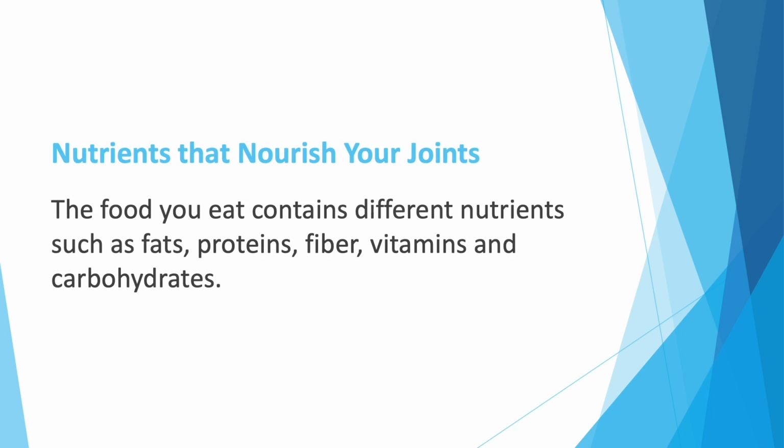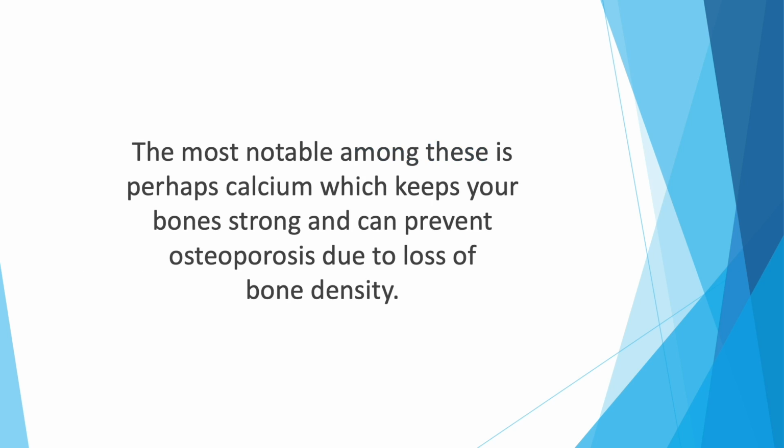Nutrients that nourish your joints. The food you eat contains different nutrients such as fats, proteins, fiber, vitamins, and carbohydrates. The two most important nutrients for joint health are minerals and vitamins. The most notable among these is perhaps calcium, which keeps your bones strong and can prevent osteoporosis due to lack